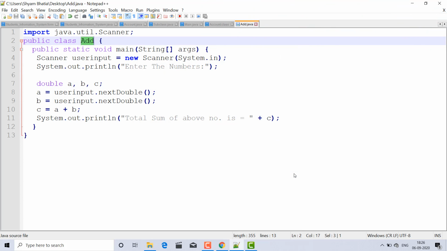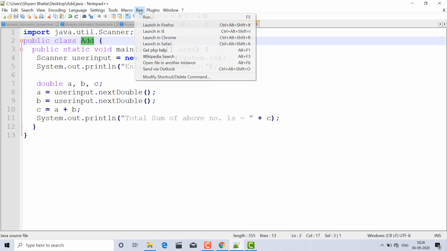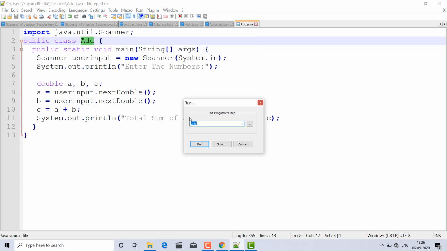Your file has been saved on your desired location with the java extension, and now how to run, that is the main motto of this video. So first of all you have to go to the top, go to the Run section, just click Run, and go to F5 or just simple Run. You have got this area or section.